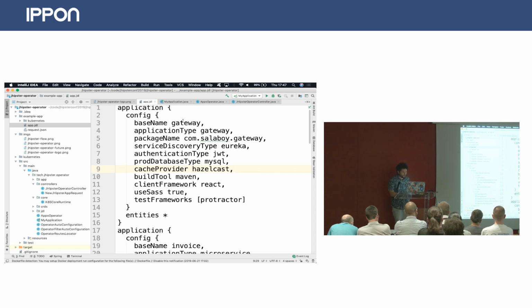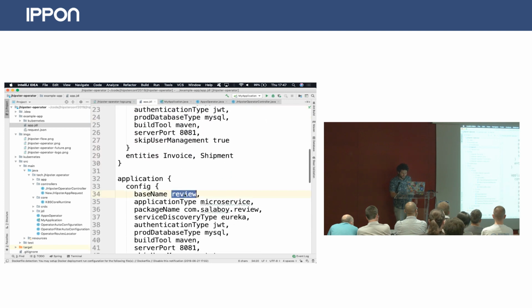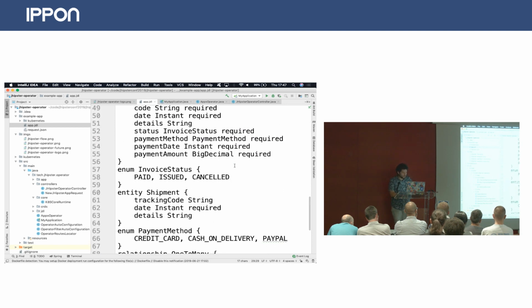And again, as I mentioned before, I have a gateway, I have an invoice service, and I have a review service. I just copied this from somewhere and just generated this application. I didn't want to spend time looking too much into this. It has a couple of entities. It's all good there. You just run the generators, import JDL as David did, and you get the app